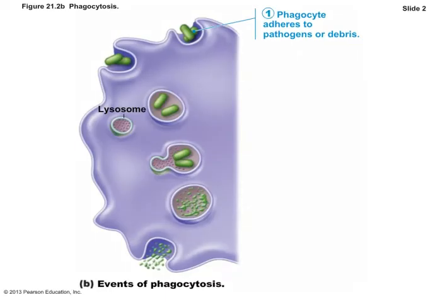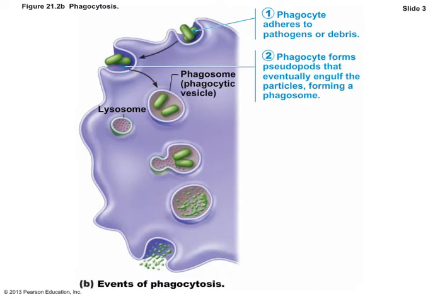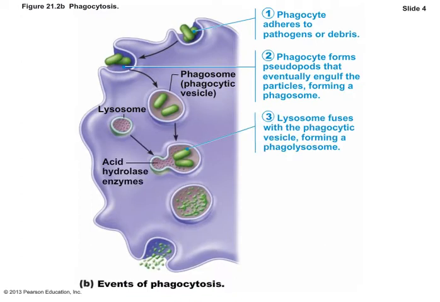So now let's take a closer look at the process of phagocytosis. Phagocytosis begins when a phagocyte adheres to a pathogen or debris. The phagocyte will then form something called pseudopods, or fake feet. They grab hold of the pathogen and simultaneously engulf it in a vacuole, which we're going to call a phagosome. That phagosome will move internally into the inside of the cell, and it will merge with something called a lysosome